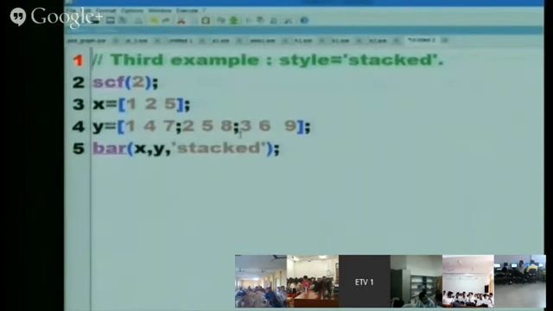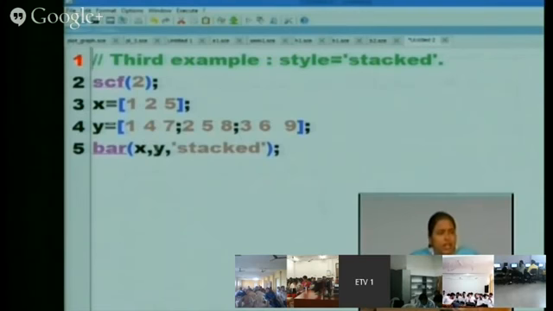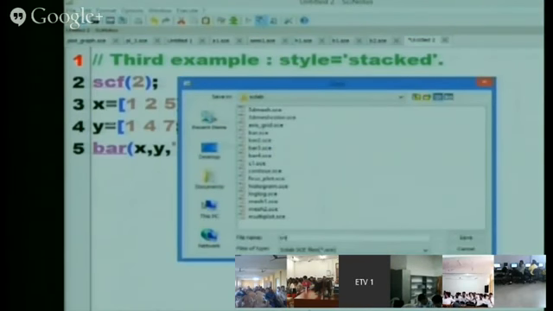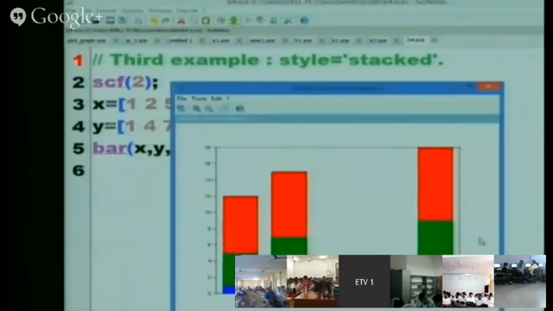So this type of graph is also available using the keyword stacked. That's why I was discussing it. This is stacked. Just write bar x comma y comma stacked. Right?